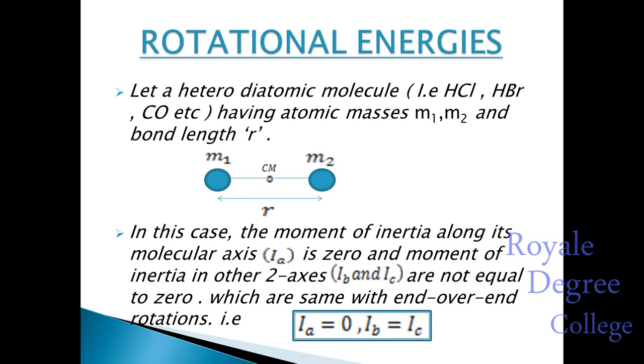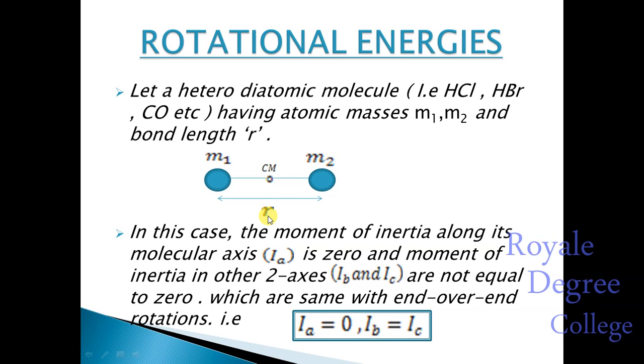Next we will study rotational energies. Let a heterodiatomic molecule, that is HCl, HBr, CO, etc., have atomic masses M1 and M2 and bond length R. Here you can see it is a heterodiatomic molecule; the two atoms are different. One atom shows the mass number M1, another shows the mass number M2, and the bond length